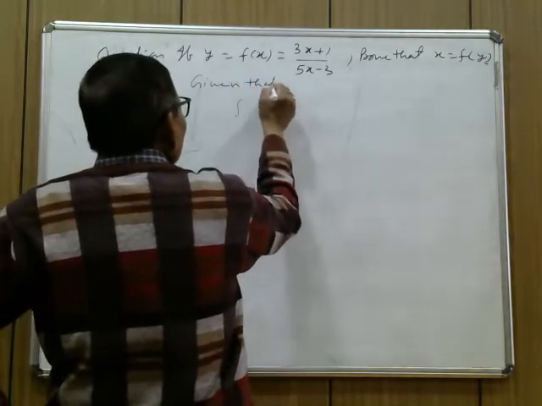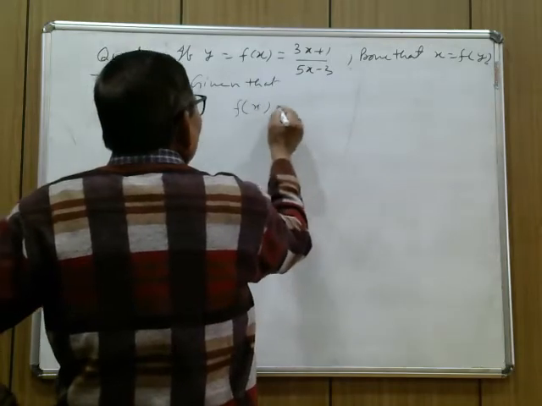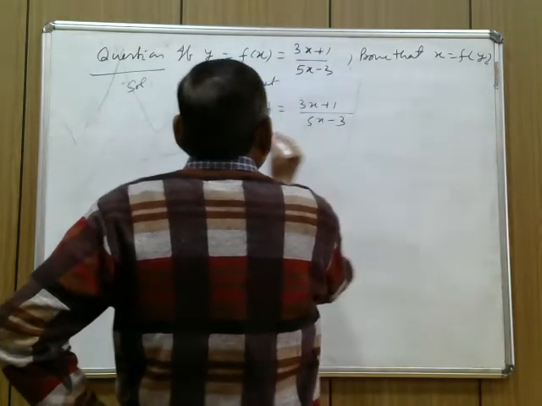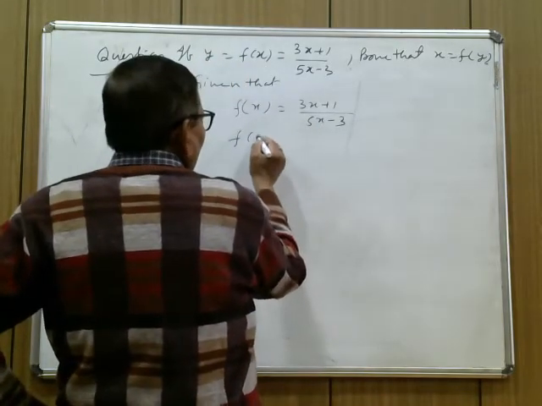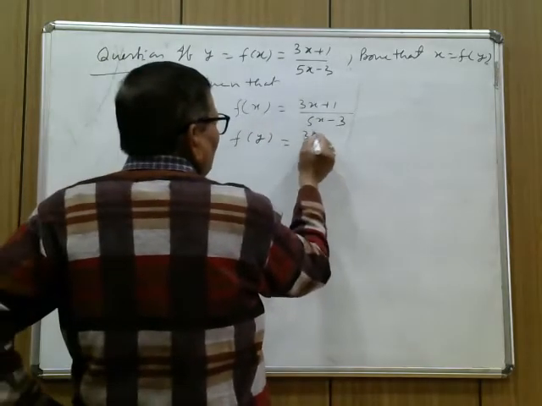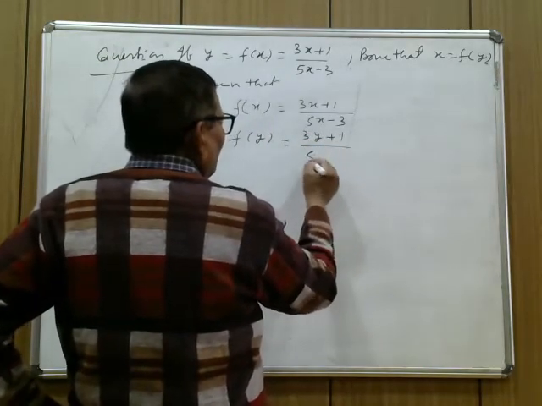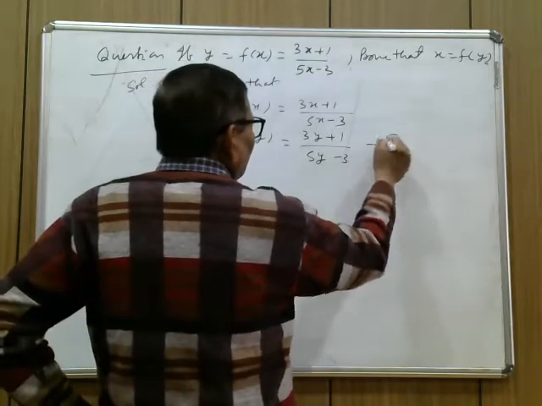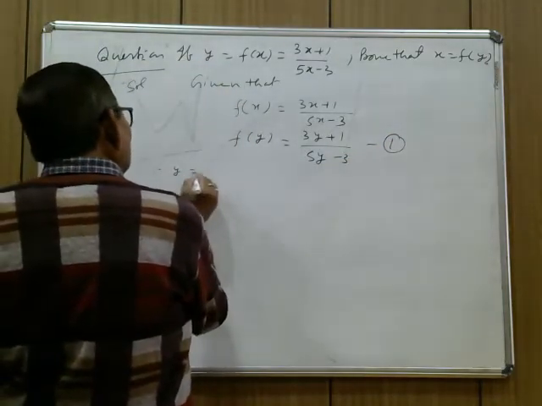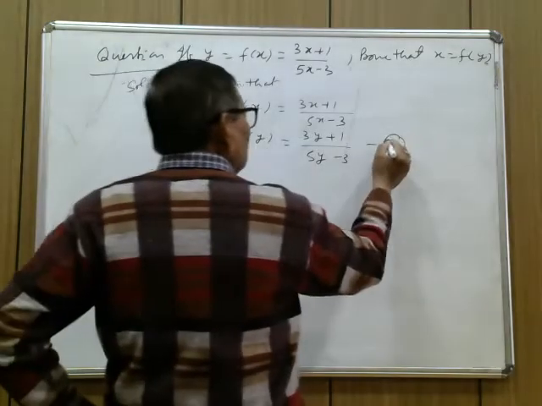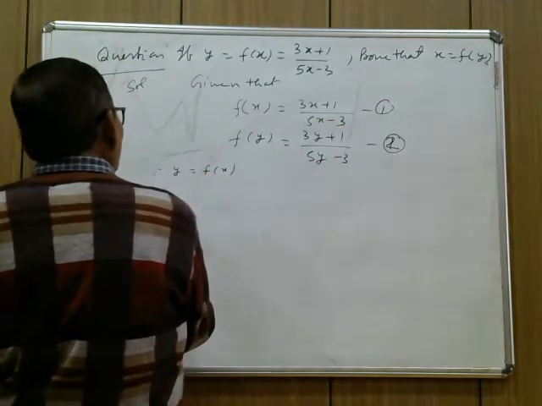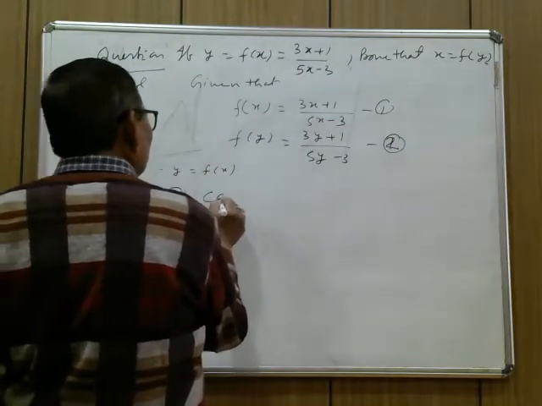Given that f(x) is equal to (3x plus 1) upon (5x minus 3). Now from this you can find f(y) by replacing x by y. So it is (3y plus 1) upon (5y minus 3). This is 1. So since y is equal to f(x), suppose this is 2, this is 1. Since y is equal to f(x), therefore 1 can be written as